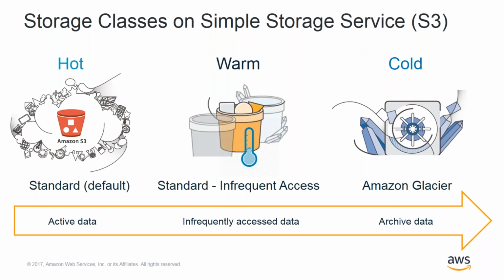So as a rule of thumb, for Sydney, the rough break-even point between hot storage and warm storage is if half your data in a given S3 bucket is accessed in any given month, then hot storage breaks even with warm storage. If less than half your data is accessed, then warm storage is a bit better off.